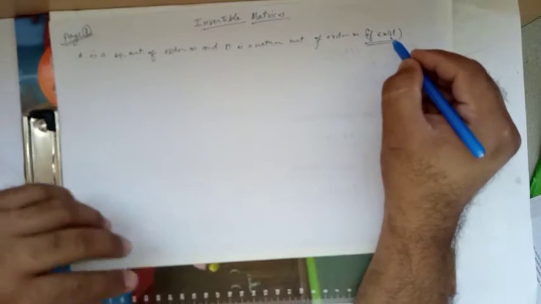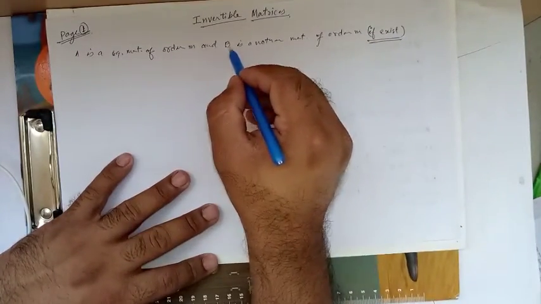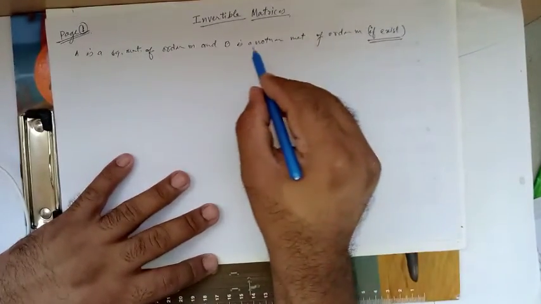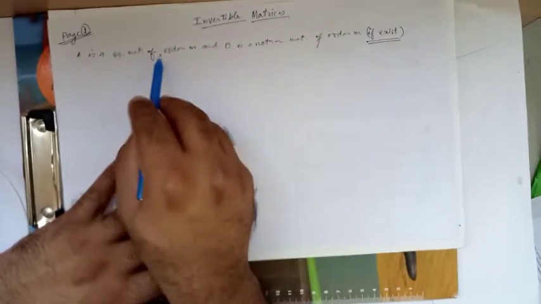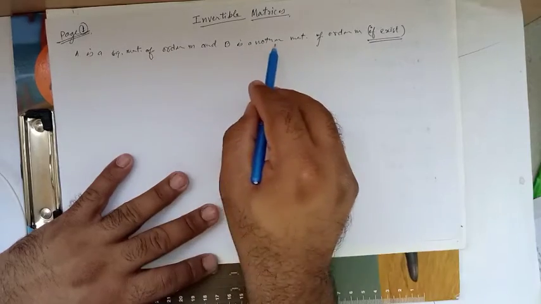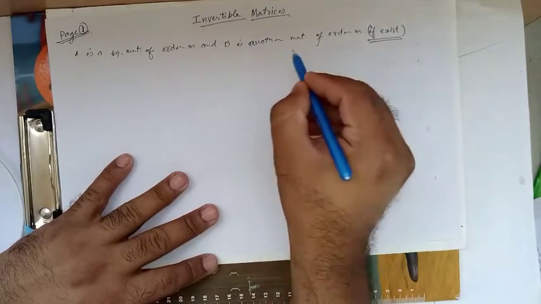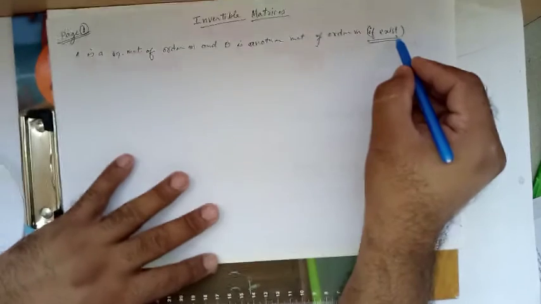This is a very important thing. If B exists, then only we are talking about B, otherwise we are not talking about B. A is a square matrix of order m, and B is another matrix of order m, if it exists,